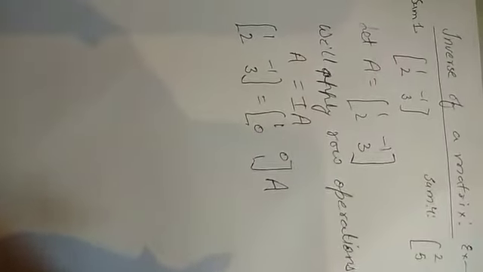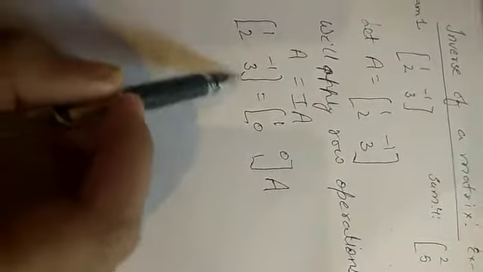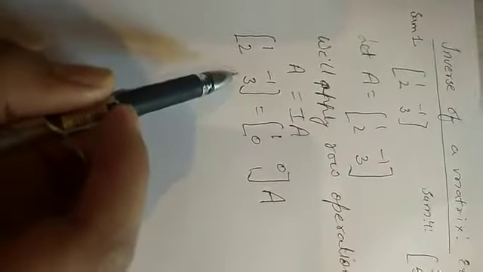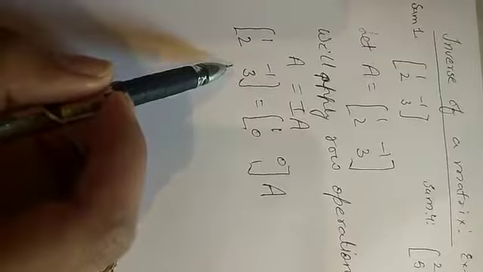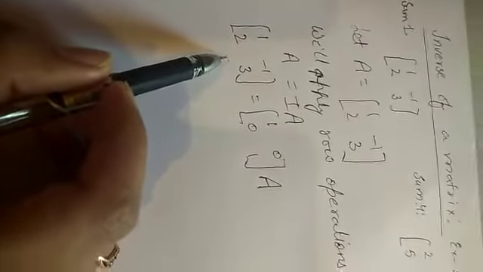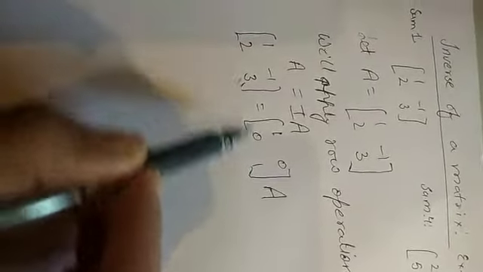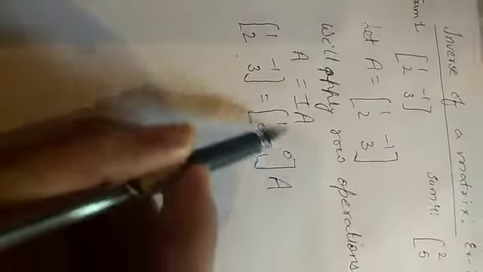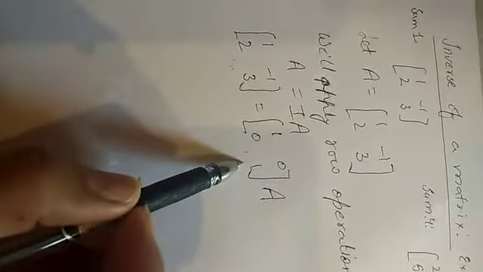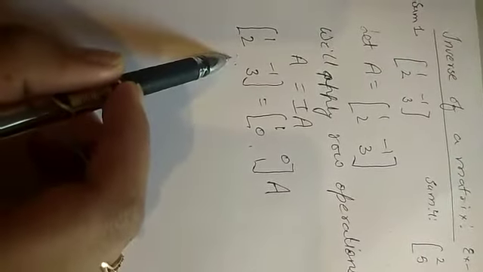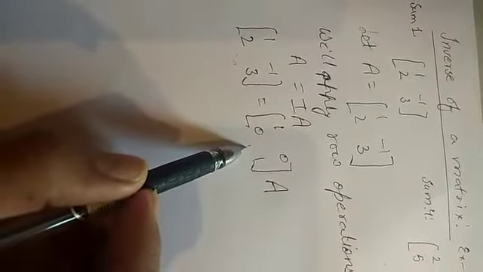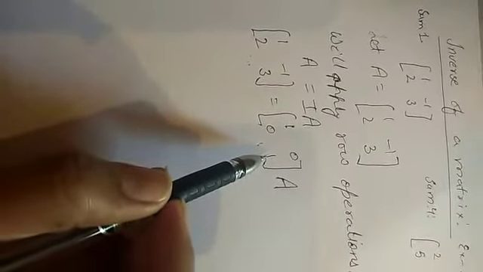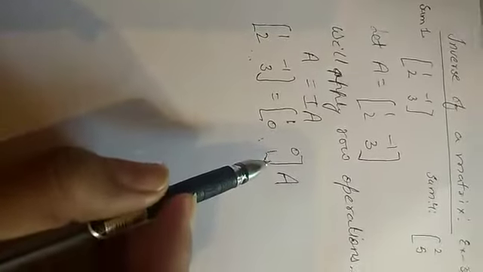Now our motive will be to convert this given A matrix into the identity matrix with the help of the 3 elementary operations which we have discussed, and whatever operation we apply here, the same operations will be applied on this matrix as well, corresponding to which there will be changes in the elements of this matrix. Once we get this matrix as I, whatever this new matrix has become, it will be the inverse of A. Okay, so let me give a small recall of the 3 operations.